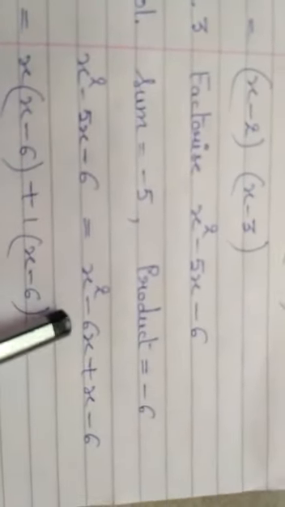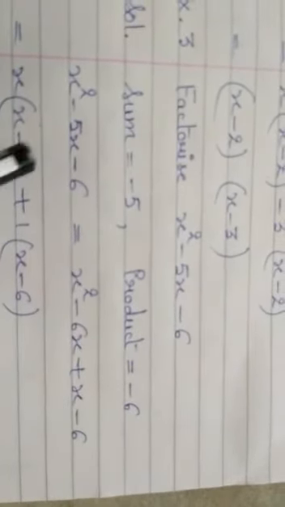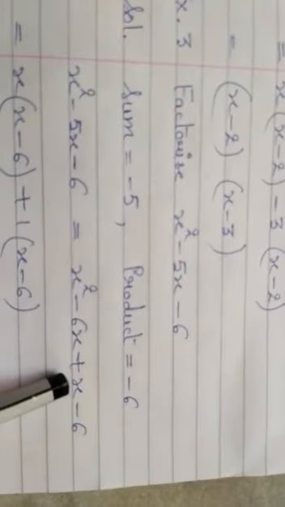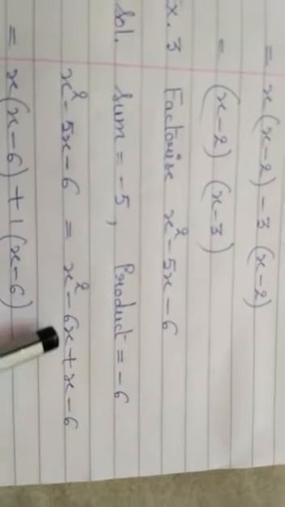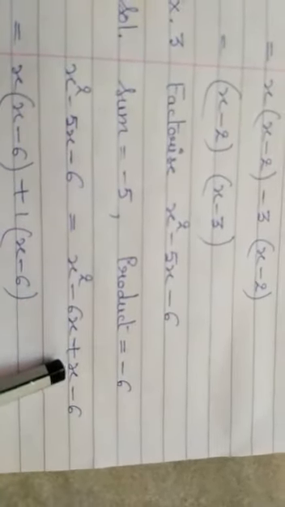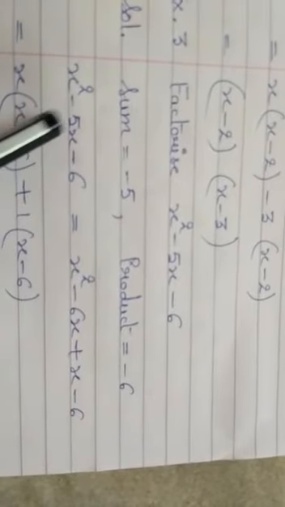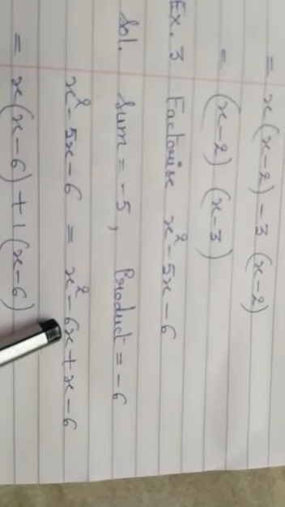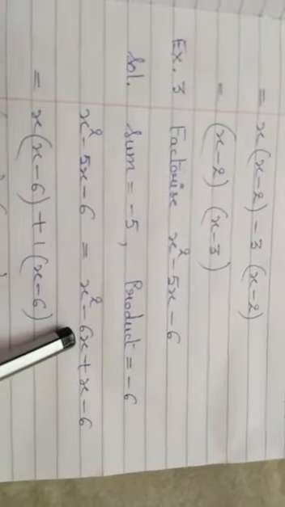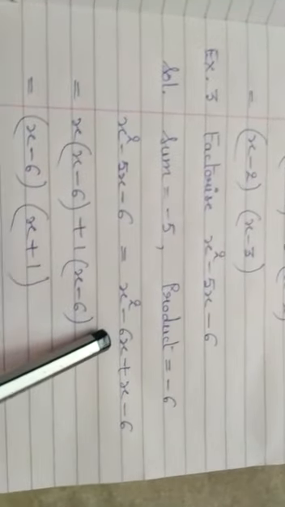So look here how I've done. x square minus 5x. Now I have written minus 6x plus x. Look, minus 6 plus 1 is minus 5. Minus 6 into 1 is minus 6. So I have taken one negative, one positive. Also because I have to make the sum minus, I have taken the bigger number as minus 6. So the integer concept should be clear to you. And secondly, how you can make the product negative should also be very clear to you.